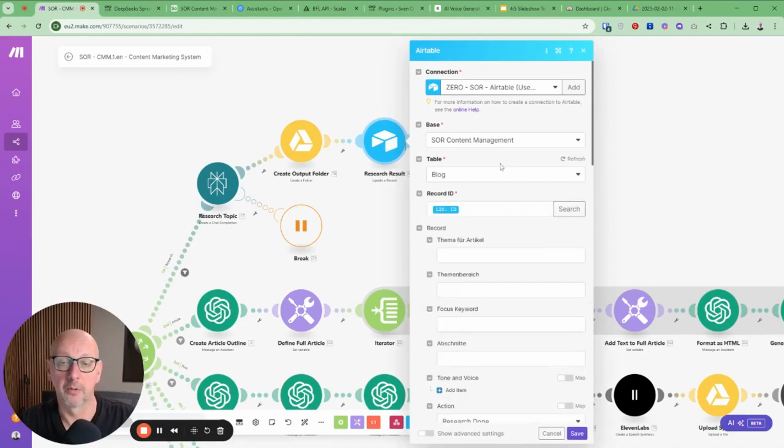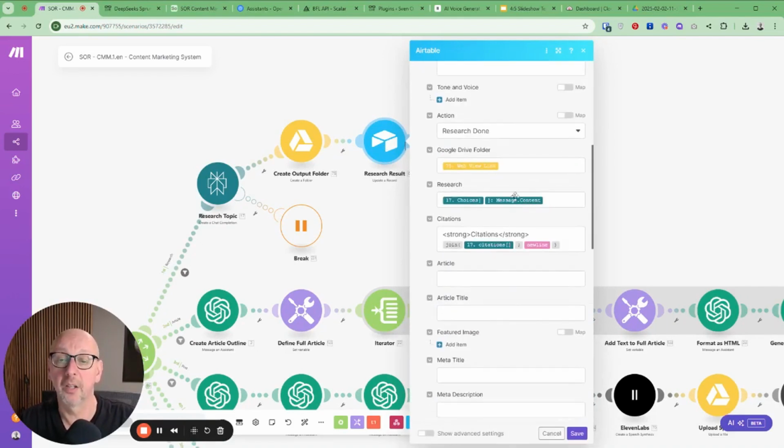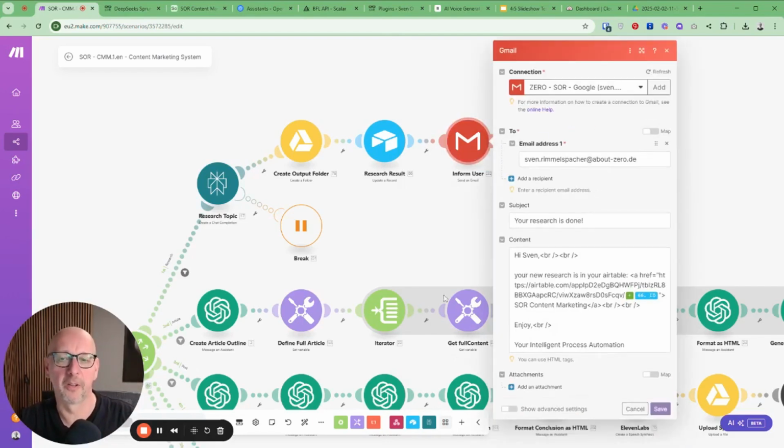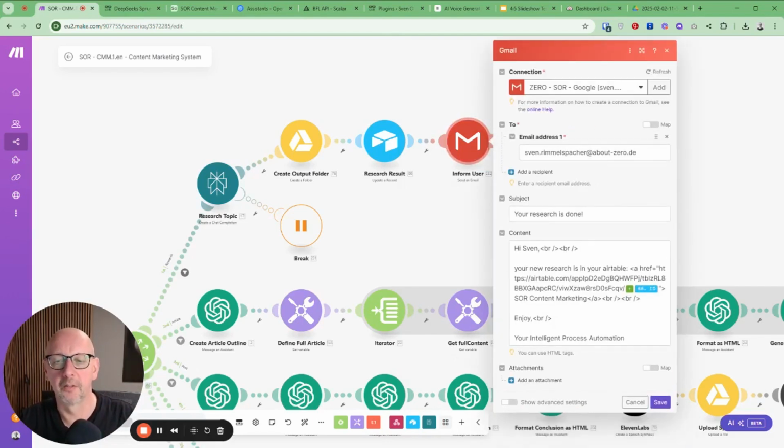Since Sonar Pro, we have the text, the result of the research, but we also have the citations, and I add the citations to the Airtable too, so I can add them to the blog at the end, so that it refers to real sources and not some invented links that Perplexity provided in the past. And at the end, I inform myself with an email. That email contains a link to the Airtable, so I can click on the entry, I can review the result, and I can make changes before I start the next